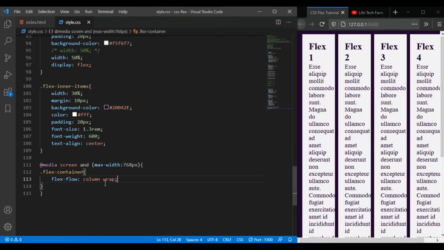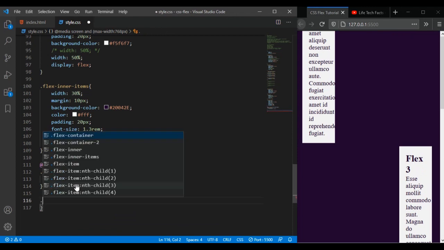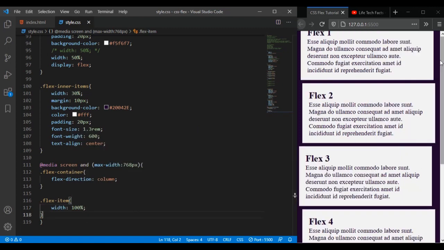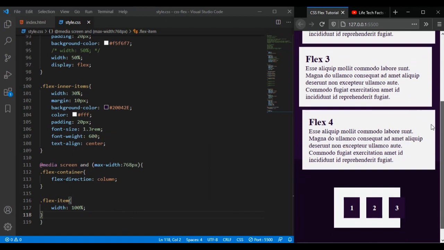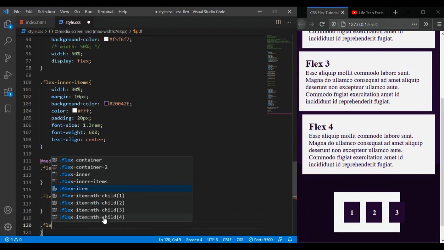Remember, it's up on GitHub, I'm giving you the link. So we have flex items right here. We're going to specify the width, which is going to be 100%. Then voila, now things are looking good. Then we're going to specify for the flex container to,